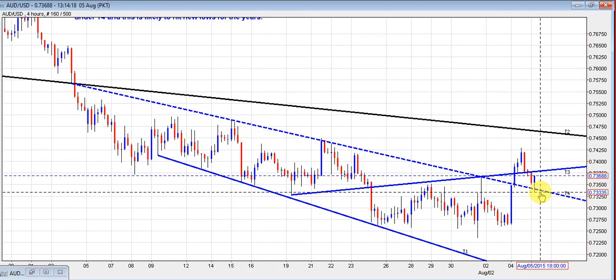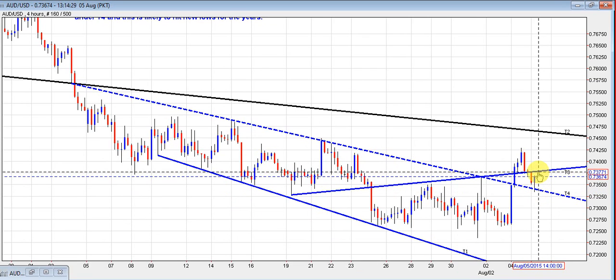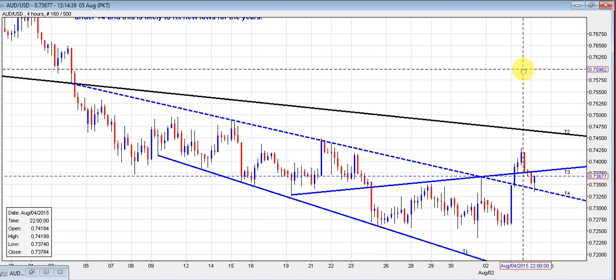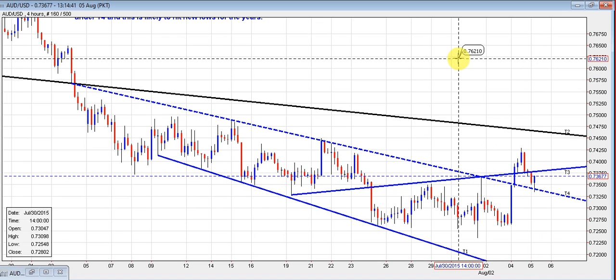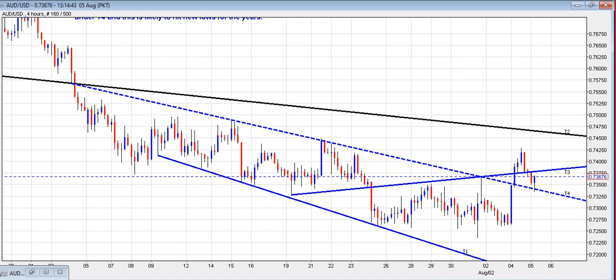So at T3, does it not become the resistance if it holds? Yeah, it is. That's what I'm saying. If it holds, it will become a resistance. That's why I'm indicating it to hold. This becomes your point for entry to go short, because right now this